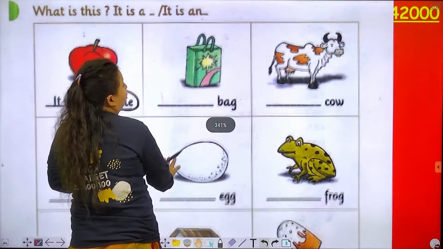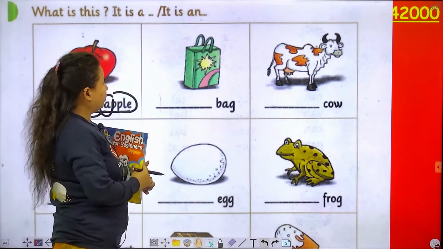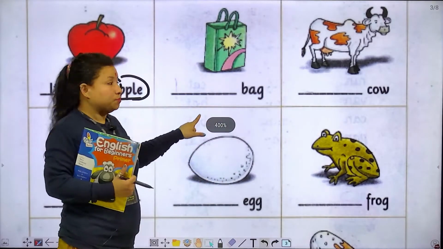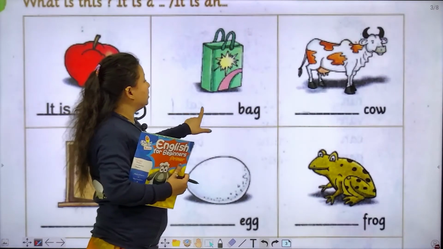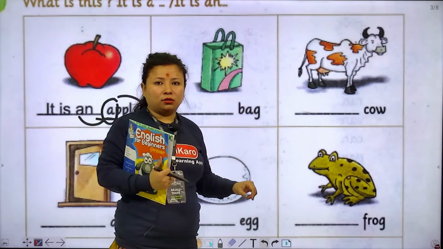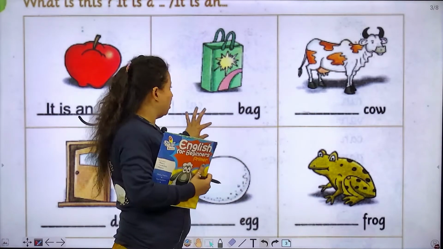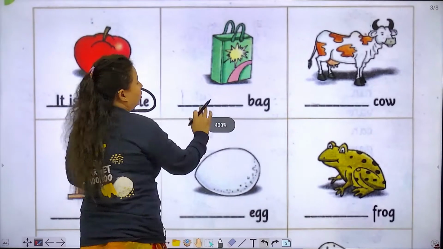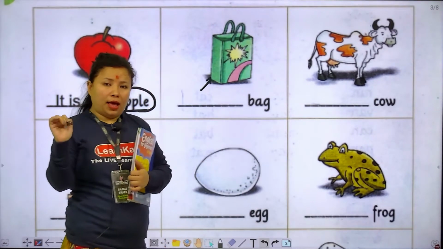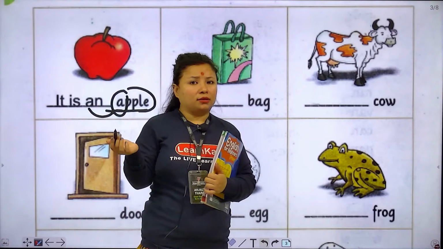Next is, what is this? Can you see this picture? What is this? Bag. So, it is a bag or it is an bag?